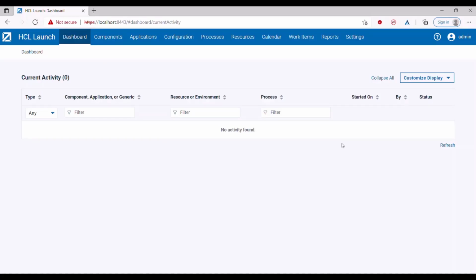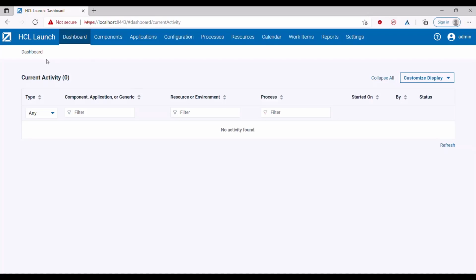In this video, I am going to cover two points. One, what is there on this particular screen when you log into HCL Launch? Second is, how can you visualize your application into HCL Launch's various terminologies so that you can add your applications to HCL Launch and then do seamless deployments. Deploy anything from anywhere to anywhere. So that's the concept that we use.